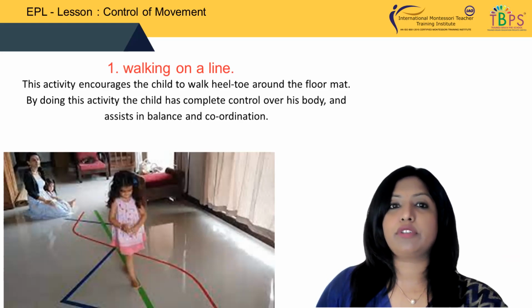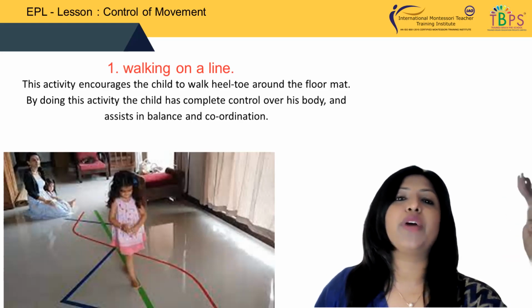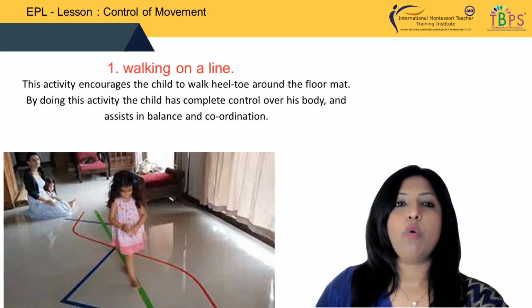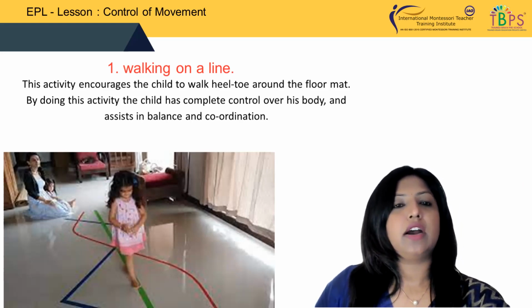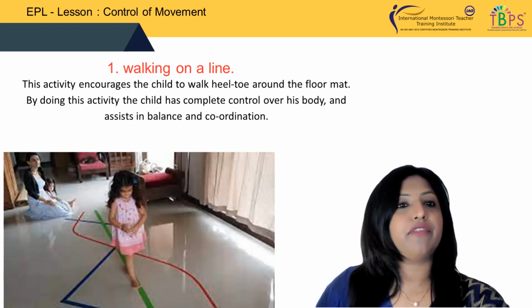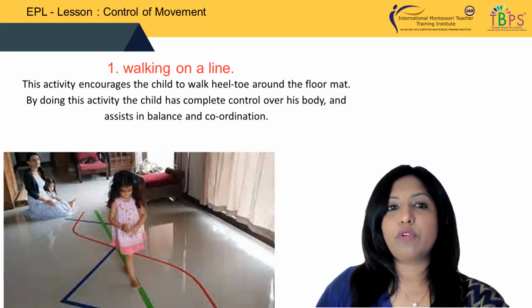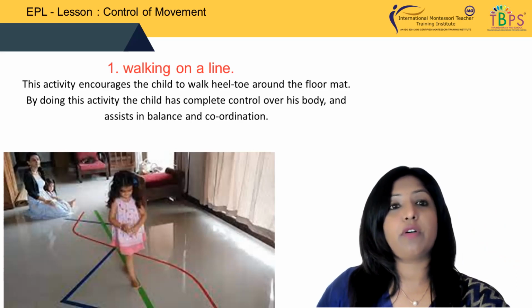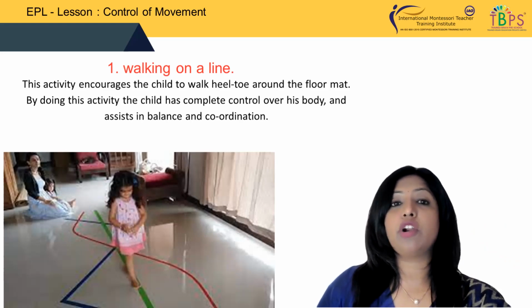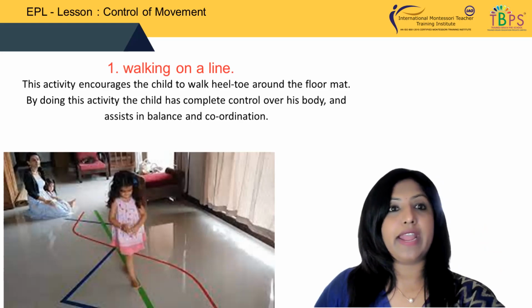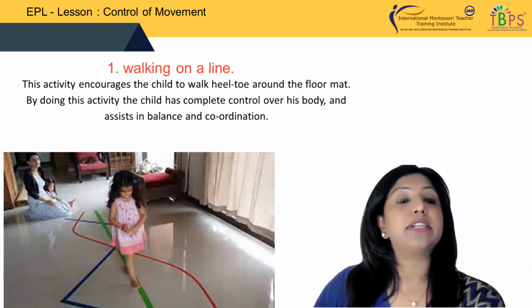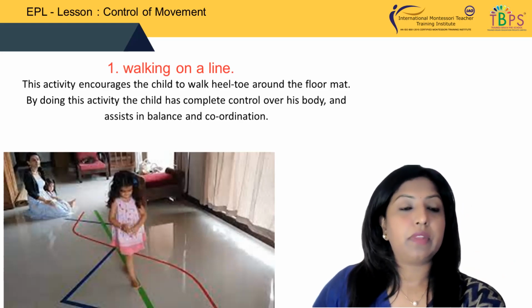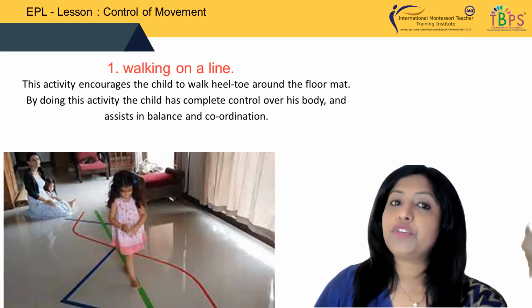If you see in your books, the diploma students, you have a list of exercises. Walk with one hand, walk with two hands, keep an object in one hand, keep objects in two hands, carry a flag, carry a bell, carry a glass full of water, carry a half glass of water, carry multiple objects on a tray, carry something on your head, right? So again, it comes under different lines. If it comes under different lines, that's when you become a little bit more alert and you take charge of that. So this is your first one.